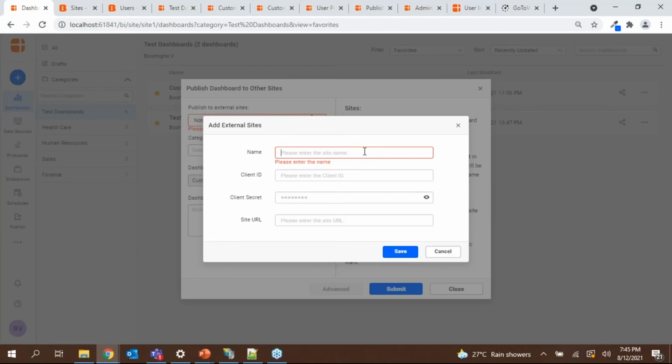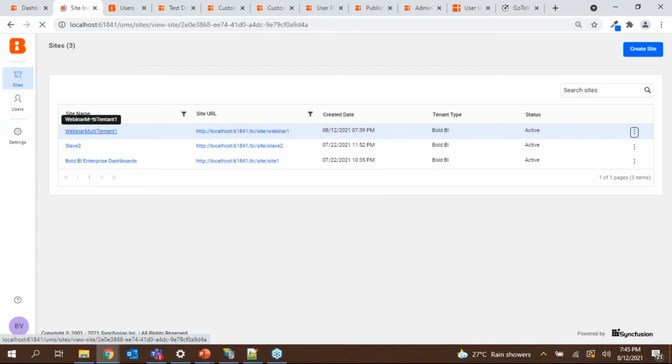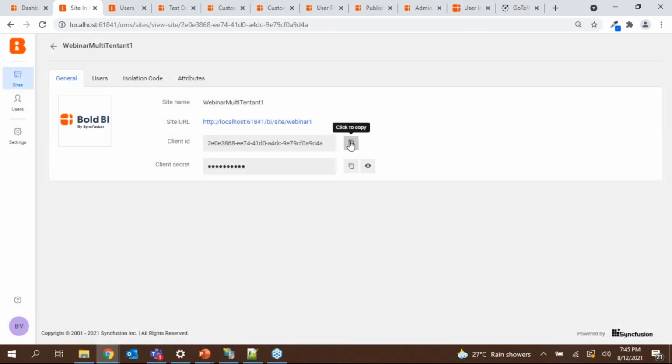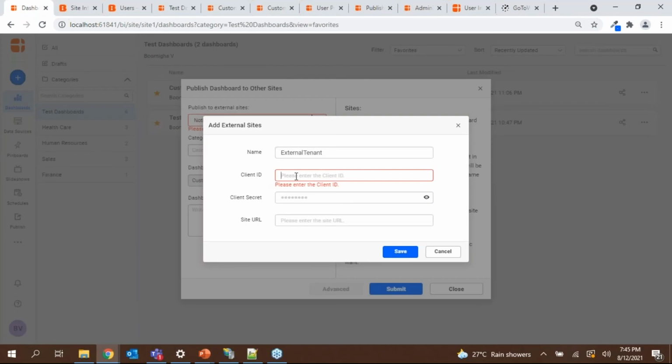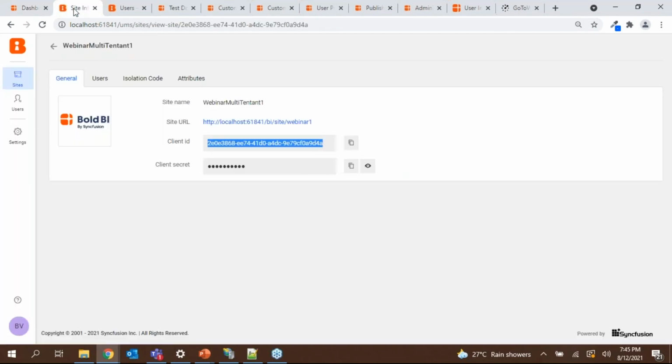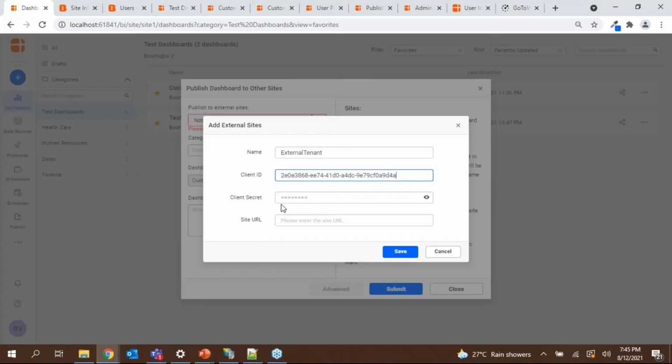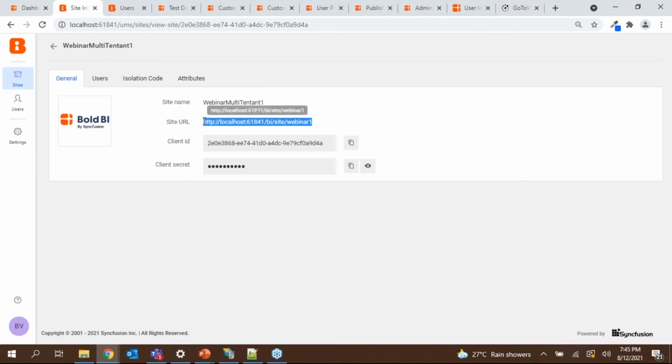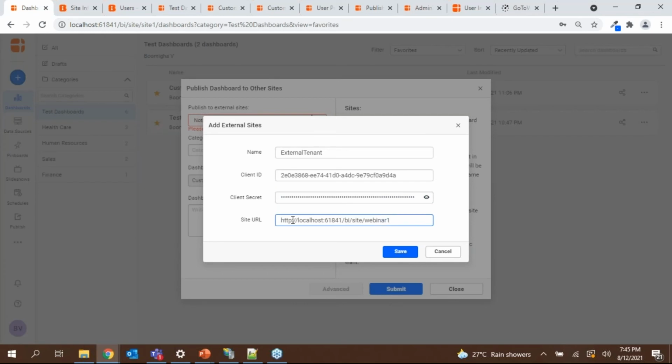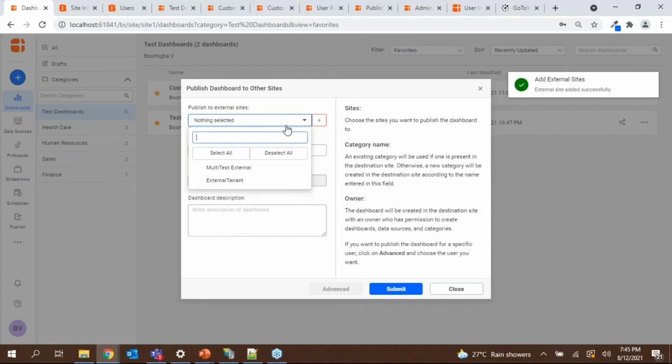So now let me register some tenant. So I have added an external tenant, and you can see the options here.